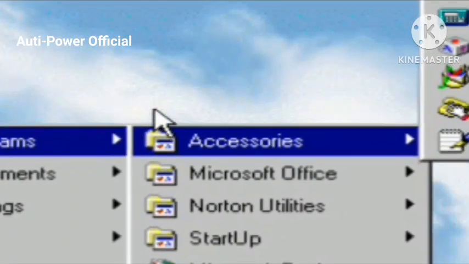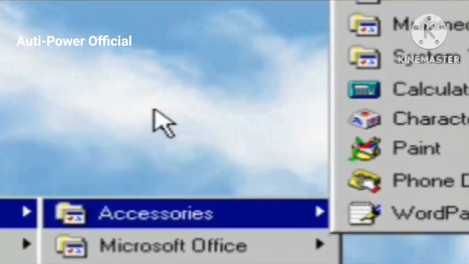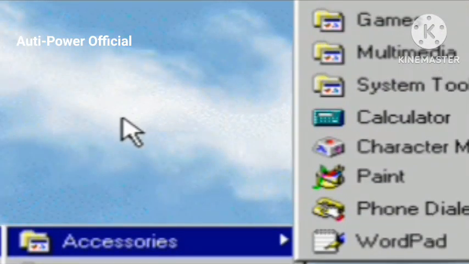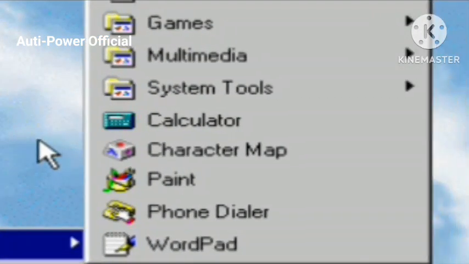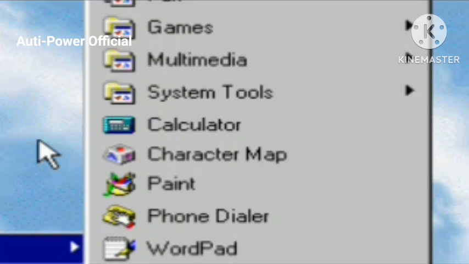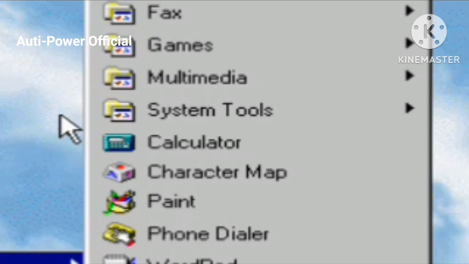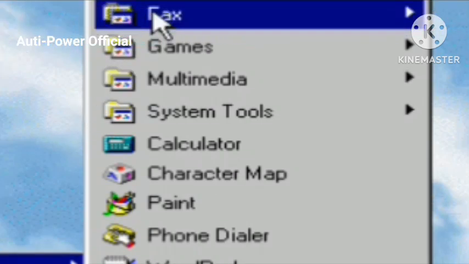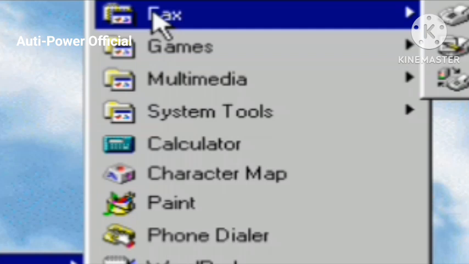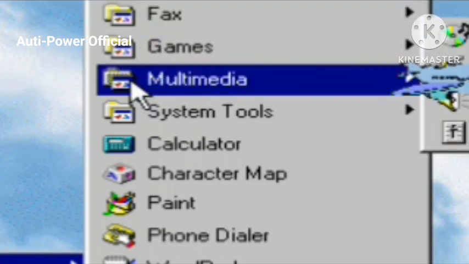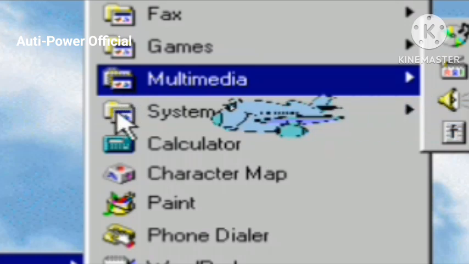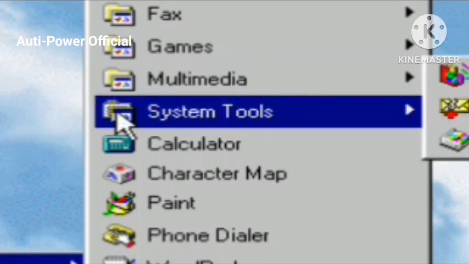Accessories are utility programs that come free with Windows 95. You can use them to do work and enhance your PC's capabilities. You can use fax to send and receive faxes using your PC, multimedia functions like a CD player, system tools to maintain your PC,